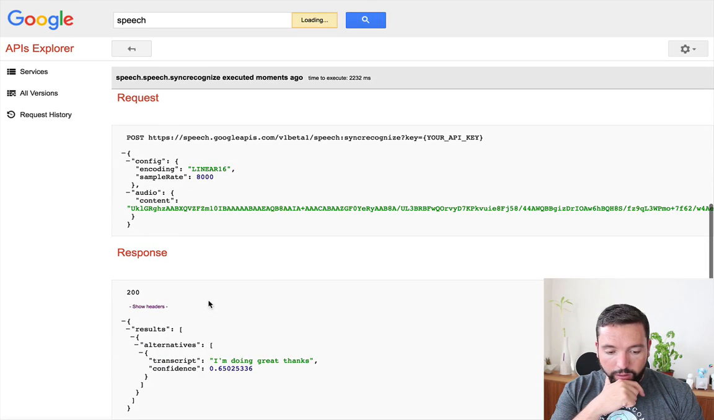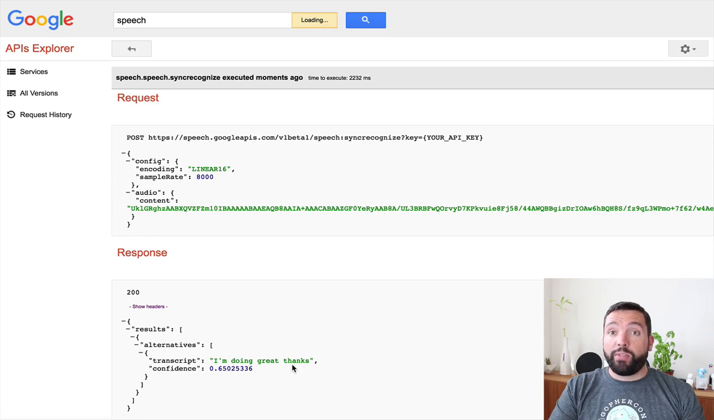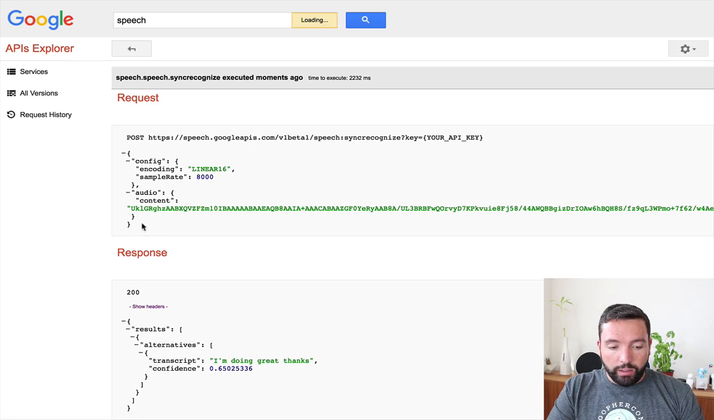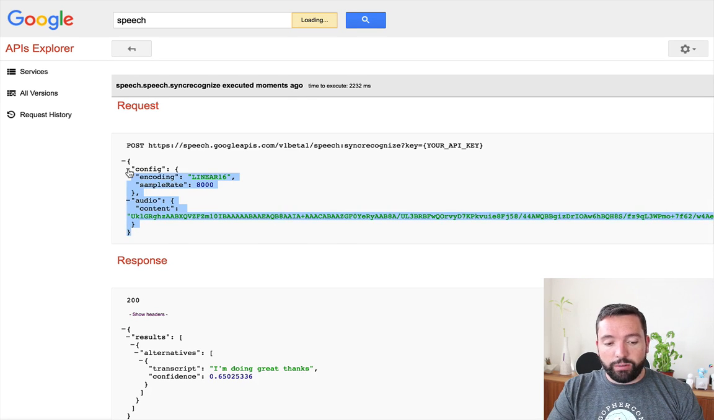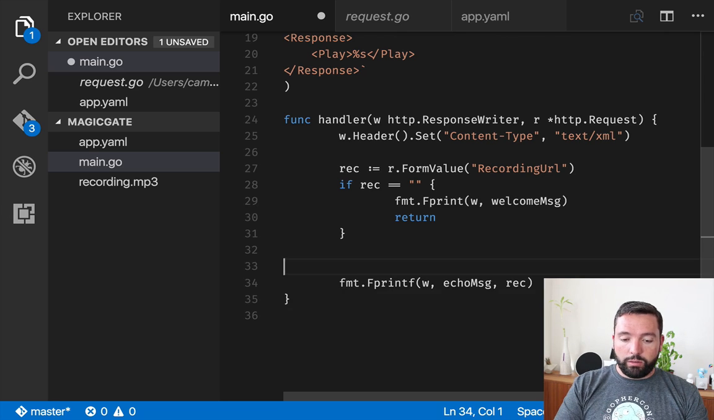And we got, nice. So we got a 200 response and it says, I'm doing great, thanks, which is exactly what we wanted. So now what we want to do is we want to basically generate this JSON file from our application. To do that, there's a couple ways of doing it, but the way I'm gonna do it is,